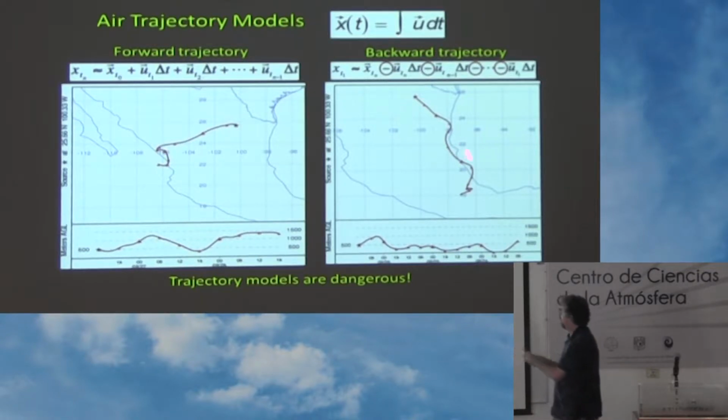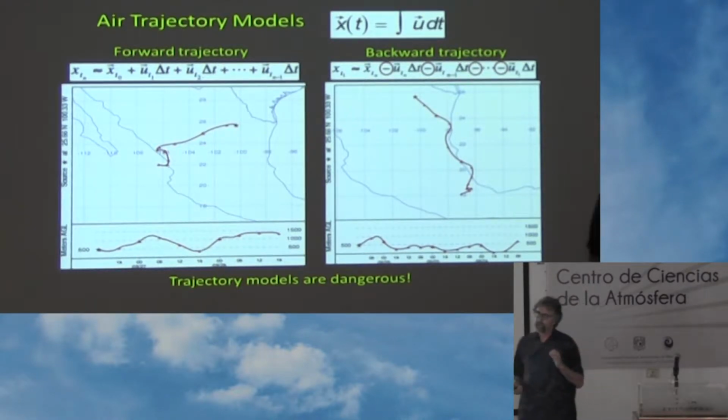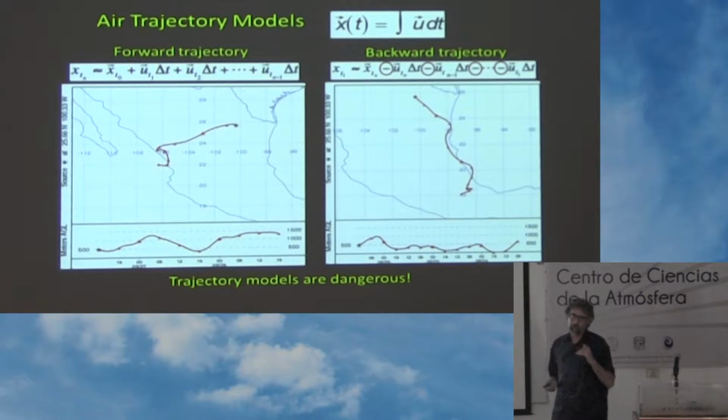So here, for example, is a line on a map. Oh, on this day, the air in Monterey came from here. Okay, a trajectory model is only an estimate. Also, there are a lot of uncertainties in the estimate. Another thing to remember is you can think of the trajectory here as an estimate of the path of an